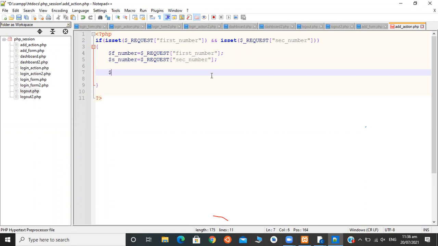We need to store this result in a variable. $result equals $first number plus $second number. Okay.